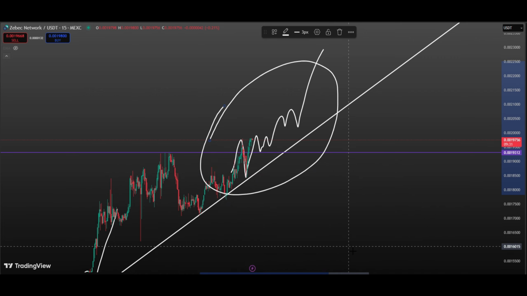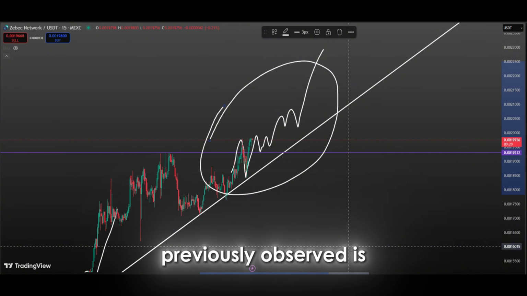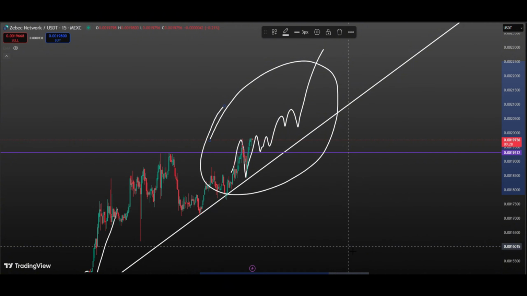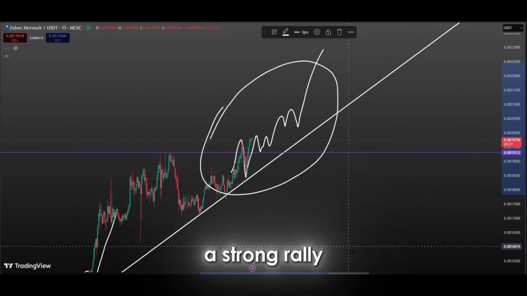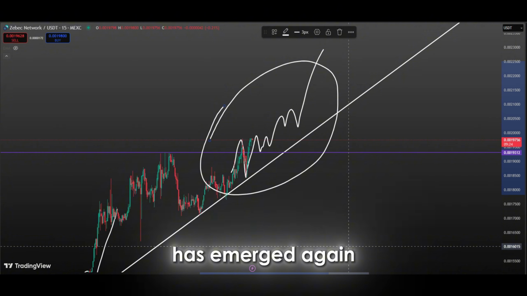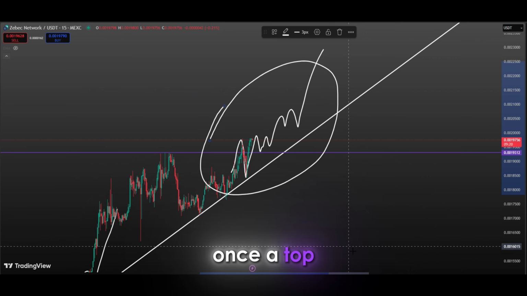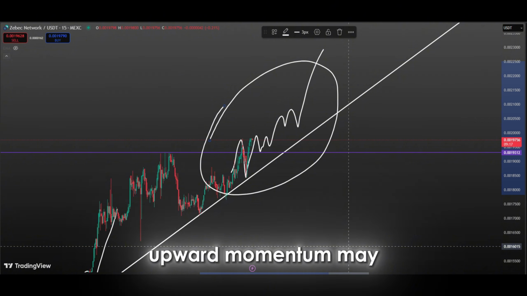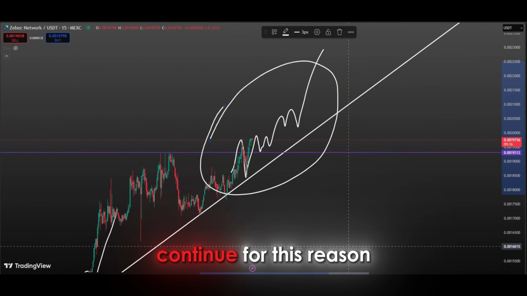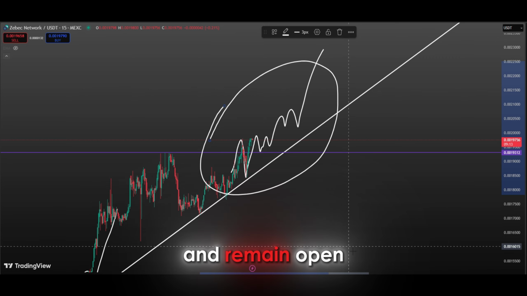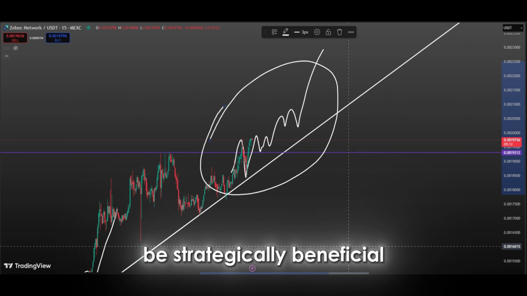In short, a price behavior previously observed is reoccurring now. Just as the price previously initiated a strong rally after breaking a key resistance, the same pattern has emerged again, and this time the price has clearly moved above that level. This aligns with the technical principle that once a top is broken, new highs follow, providing a clear signal that the upward momentum may continue. For this reason, investors should closely monitor this breakout and remain open to new opportunities, as it could be strategically